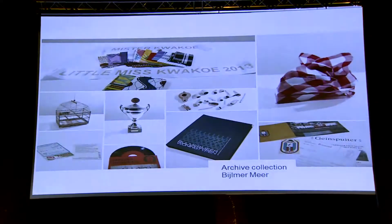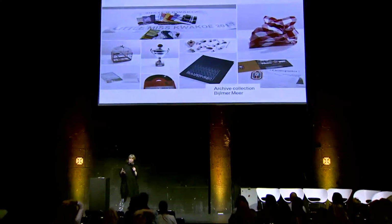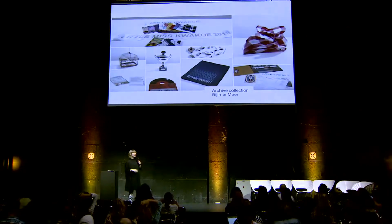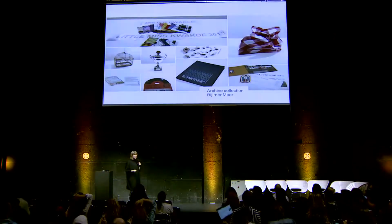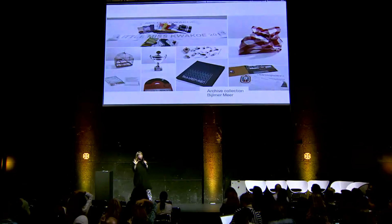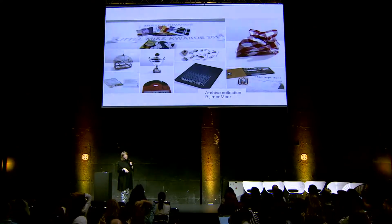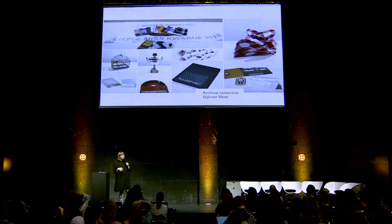What we do is we invite people to come up with ideas of themes that they think are important. And because we're in the local library, everybody walks in, and sometimes they walk in with a plastic bag with information and stuff they keep at home, and they say, I think this should be in the archive, it's important. And then we say, oh, we don't want to keep everything because then we also have to take care. But we want to listen to your story, and we want to see if more people around a certain theme